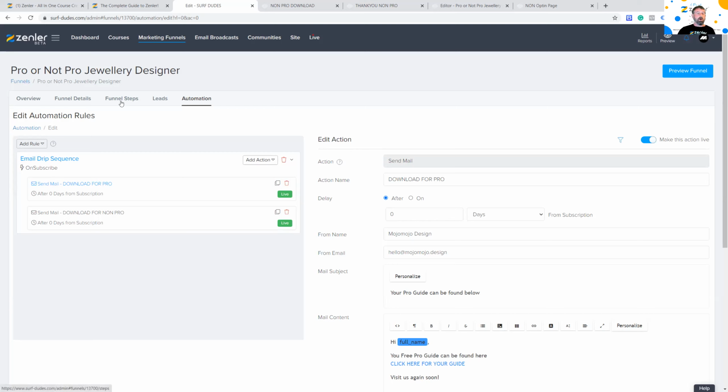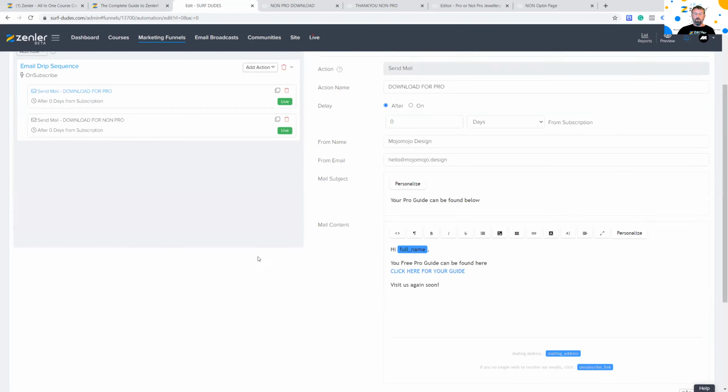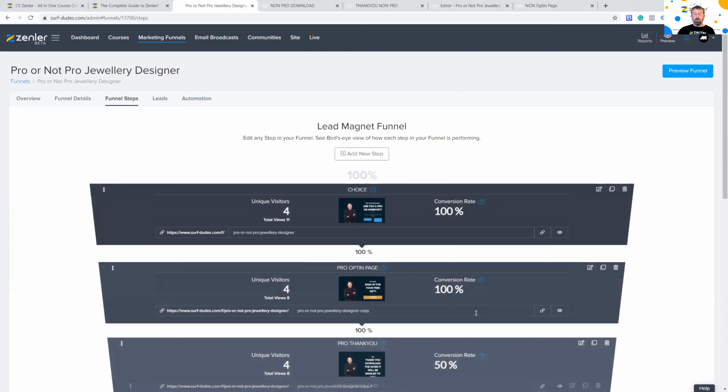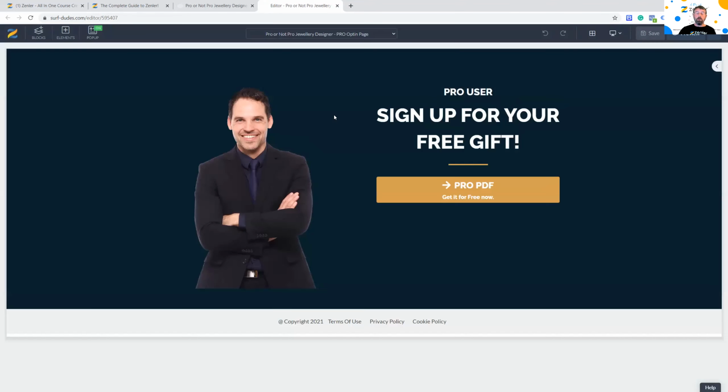Now, also do remember that although we've tagged them in here by just using a tag, we could also go ahead in the funnel steps. And if we've got an email list set up, so I'm going to go to this opt-in page here. If we have an email list set up, we could add them to a list. So let me just close this off. And with forms, this is a generic thing with all forms. So what we're seeing here with tagging, redirecting to a thank you page or to another page, adding them to a list, all these things are generic on the submit button of any form that you create in the Zenler